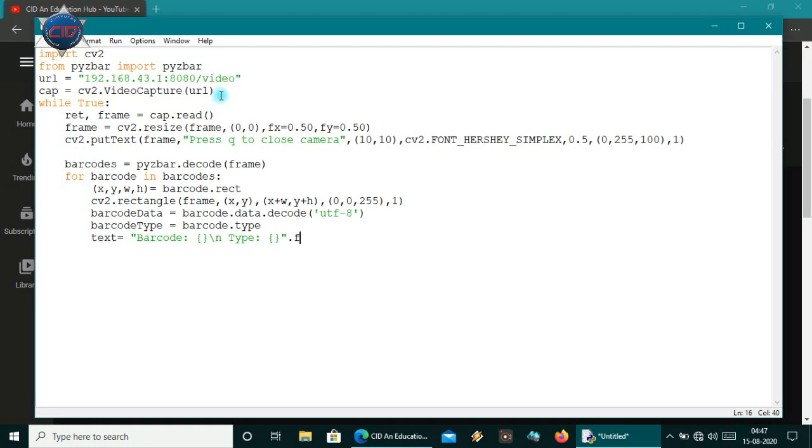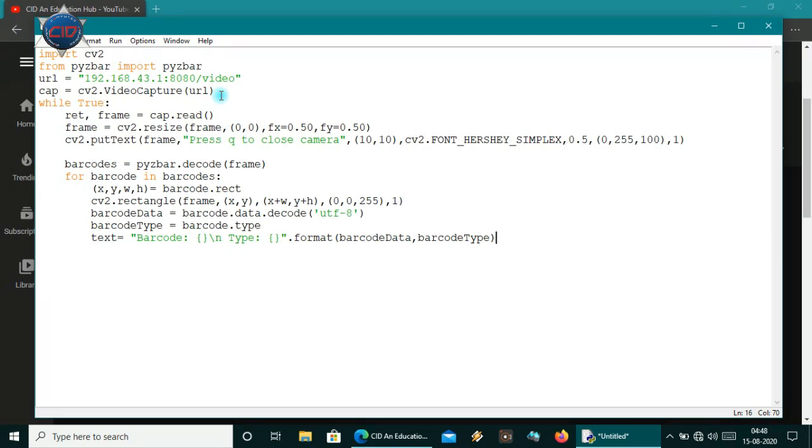Okay, and .format is called here, and I will pass here firstly barcode data, sorry, barcode data, and also barcode type. So these two things will be printed: barcode data will be printed, then under the next line will print here the type.